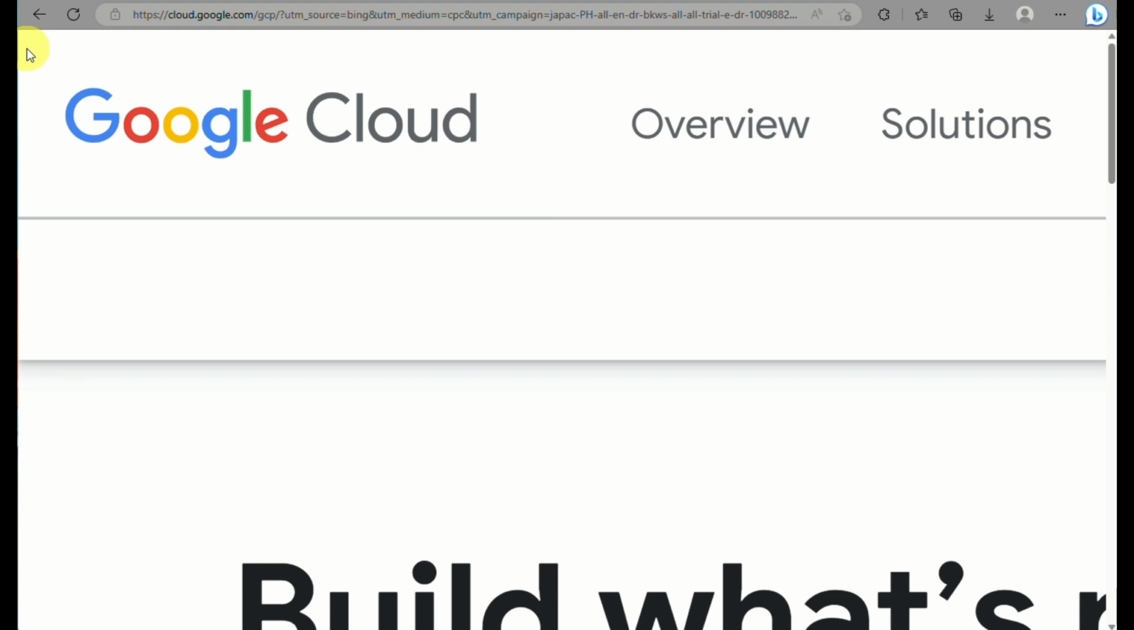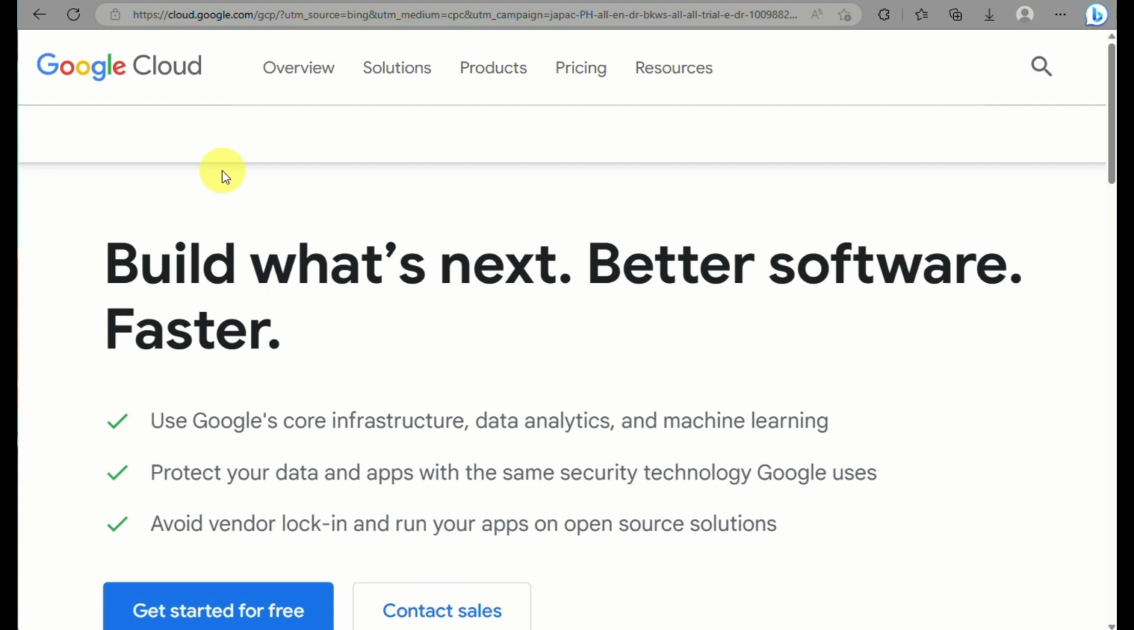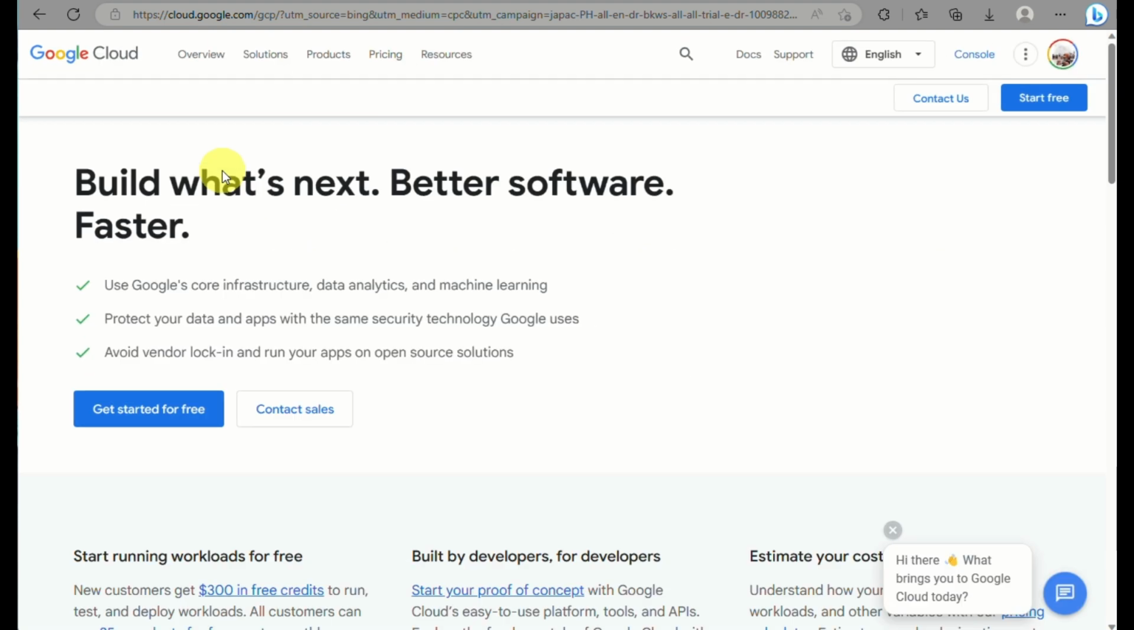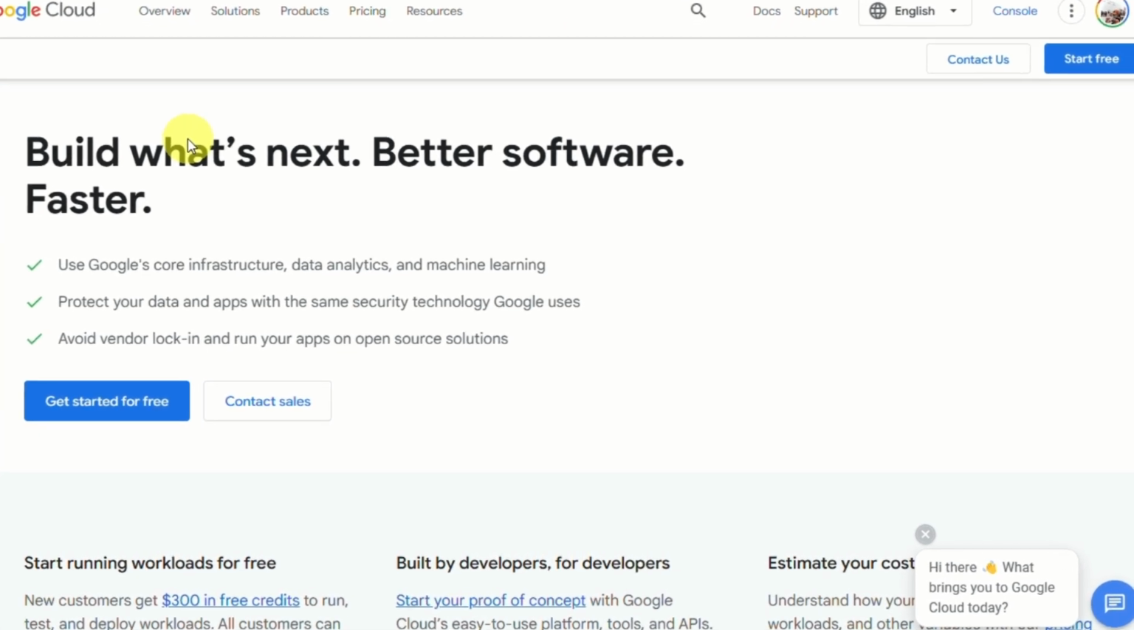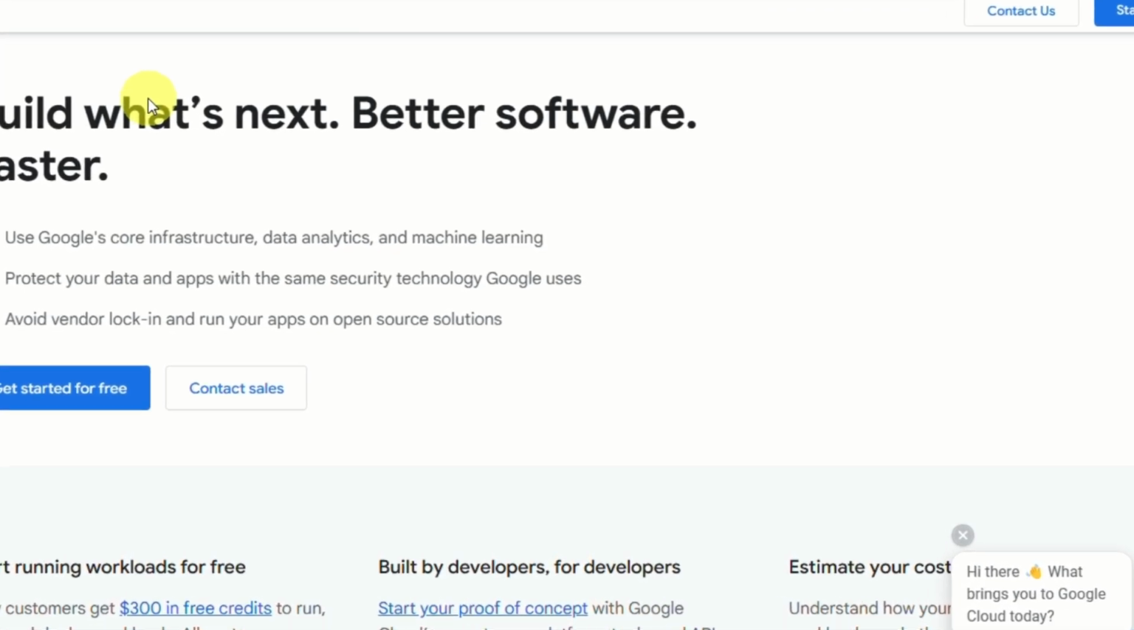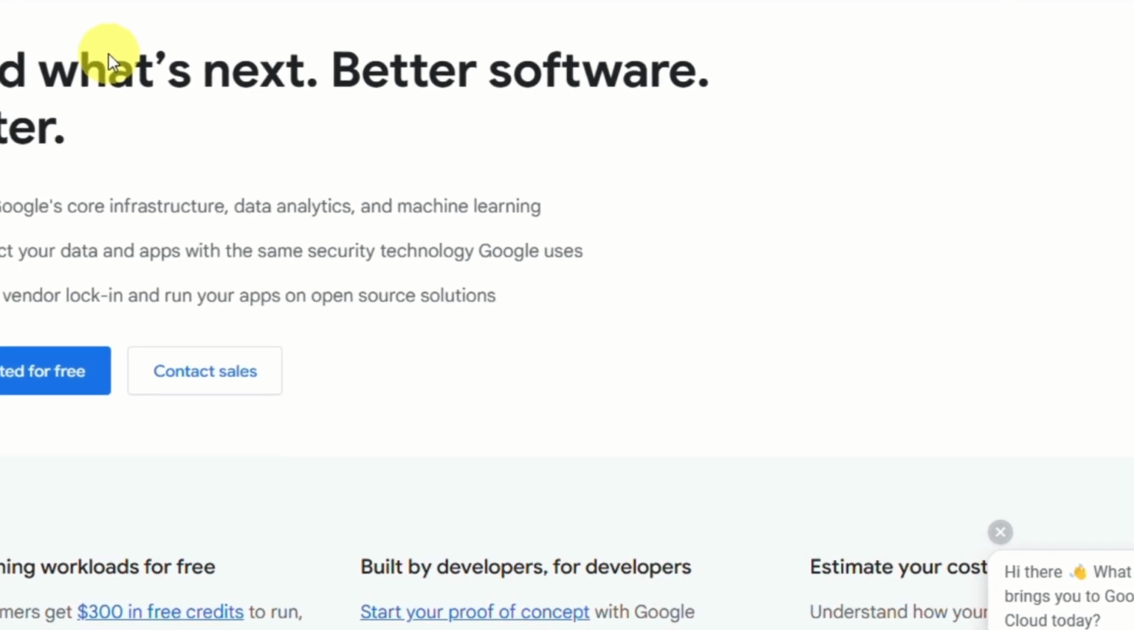Google Cloud is a suite of cloud computing services offered by Google where it provides a wide range of infrastructure and platform services that enables businesses and developers to build, deploy, and scale applications and services on Google infrastructure. They offer various services and products across different categories like Google Compute Engine, Google Cloud Storage provides scalable and durable